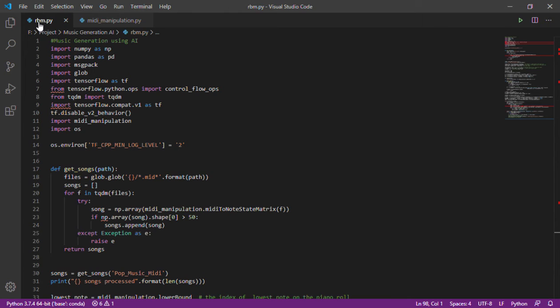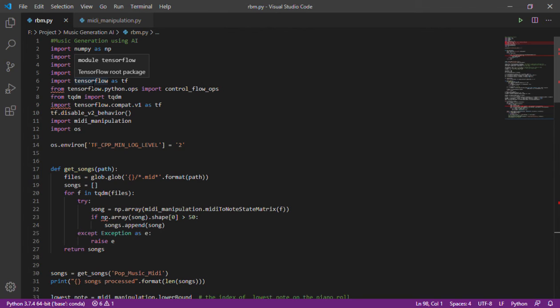Our RBM file contains all the libraries that I have used for my music generation. These are the libraries that we will be using.